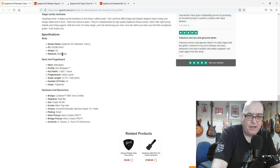We've got mahogany body, mahogany neck, 60s slim taper neck. That's going to be very similar to my old Gordon Smith GS 1.5, which was a beautifully comfortable neck to play. Indian Laurel fretboard, 22 frets, Lock-Tone ABR Tune-O-Matic and stop bar, Graph Tech nut, Grover Rotomatic tuners, 18:1 ratio, and Alnico Classic Pro pickups, and just your standard meat and potatoes control loom